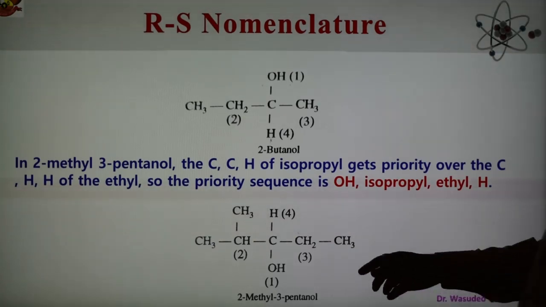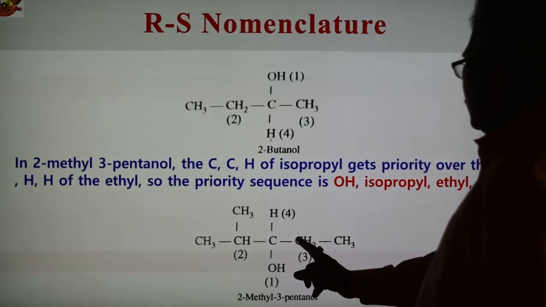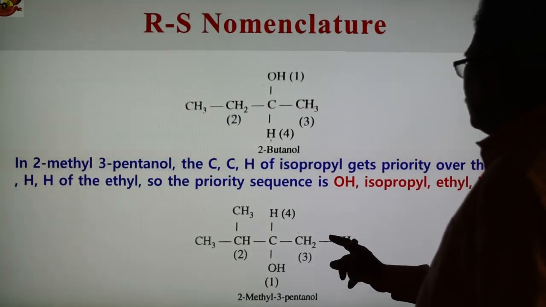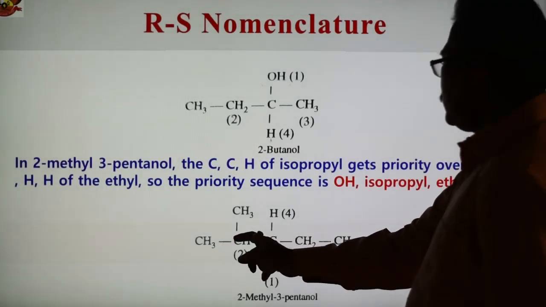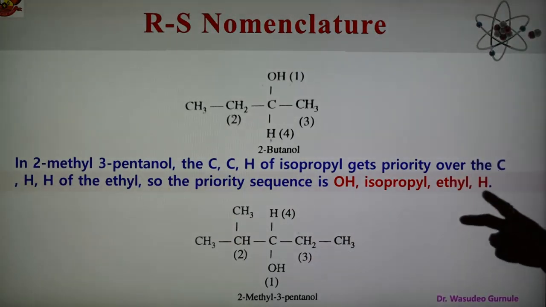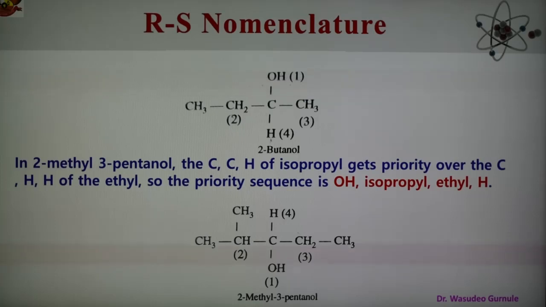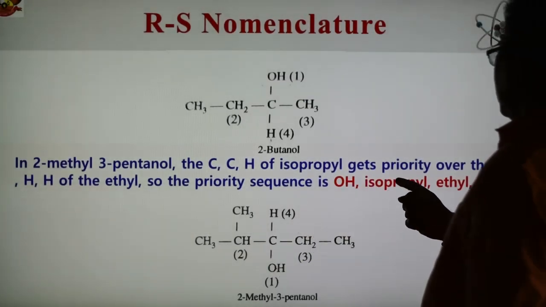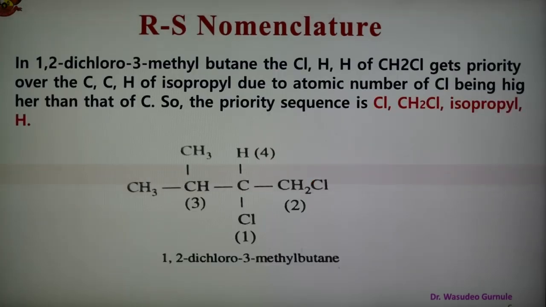तो इसमें भी देखो एक हाइड्रोजन लोवेस्ट प्रायोरिटी, ऑक्सीजन फर्स्ट प्रायोरिटी, again this is carbon and this is carbon. Now this carbon is attached to 2 hydrogen and 1 carbon, but this carbon is attached to 1 hydrogen and 2 carbon, so this is given second, because 2 carbon 1 hydrogen, here 1 carbon and 2 hydrogens, so therefore priority number 2 is given here and 3. So OH first, then isopropyl, then ethyl and then hydrogen is the priority order according to rule number 2.